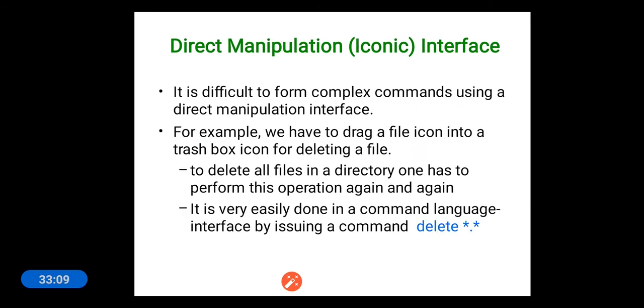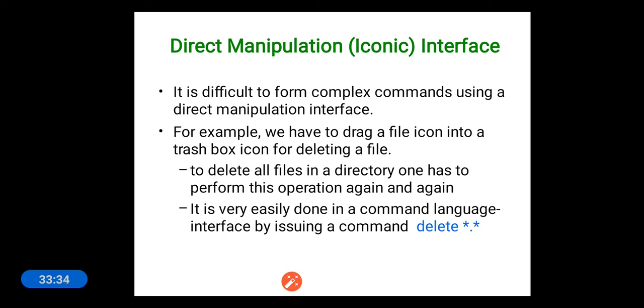It is difficult to form complex commands using a direct manipulation interface. So this is one of the drawbacks of the direct manipulation or iconic interface. Here we cannot perform some complex commands. For example, if you want to delete all the files in a particular folder, one has to perform the delete operation again and again.